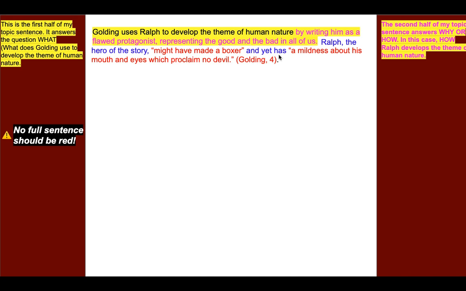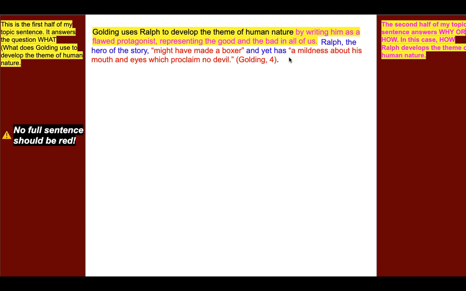So my first piece of evidence is Ralph, the hero of the story, might have made a boxer and yet has a mildness about his mouth and eyes which proclaim no devil. That's my first piece of evidence. It basically says he looks like he's both good and bad. Physically, he looks like he's both good and bad. Now, the way I've given evidence is I've given context. I've told the reader who, what, when, where, why, to whom,